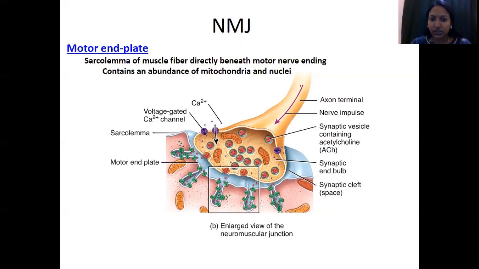Whenever there is a transmission of the nerve impulses, these vesicles move towards the end of the wall and release the content, that is the neurotransmitter acetylcholine, and then that will lead to the repolarization of the membrane. So this is how the nerve transmission occurs, and this occurs in the neuromuscular junction. If you move on to the next one,